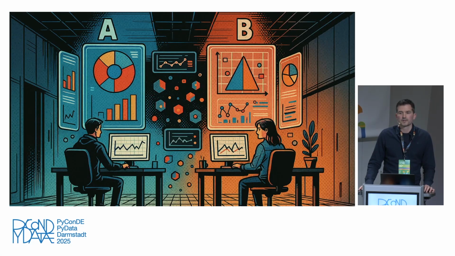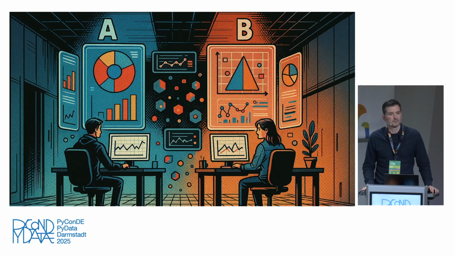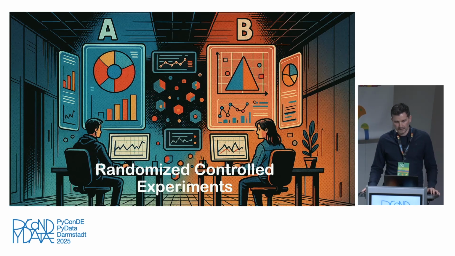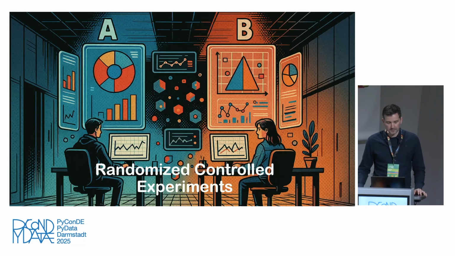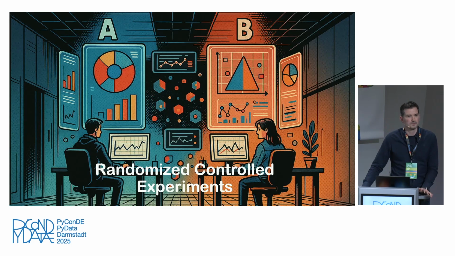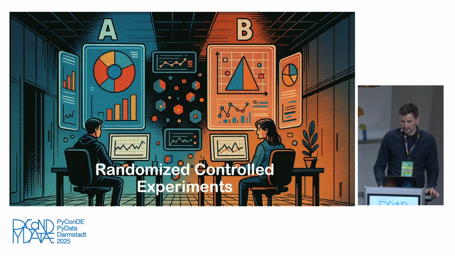For those of you who came to this talk and are not really aware what A/B tests are, usually A/B tests are about so-called randomized controlled experiments. You have your variant A, and you have a variant B. And then, of course, you want to figure out if variant A, for example, performs better than variant B. There are a lot of challenges attached to this, right? And there's also a lot of discussion about this. Some of you in this business might also see a certain pressure about releasing early because you already see some good results first, right? Or you see some bad results, and then you don't want to do it.